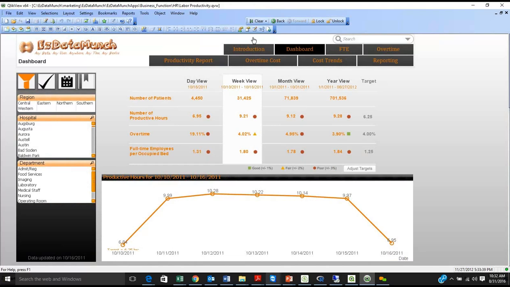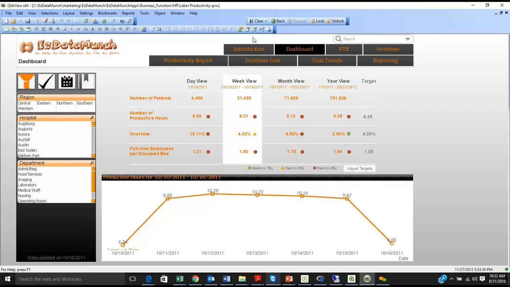most of the time the number has been higher, except in the year view. Even though the last week or last month the number has been higher, overall on a YTD basis, or year-to-date basis, they are still under control. So again, this shows the seasonality of what is happening within the organization. This may be the busiest time of the year, and people are really working hard to get things out. But then you will also have lean time, which will offset the kind of threshold that you're looking for in